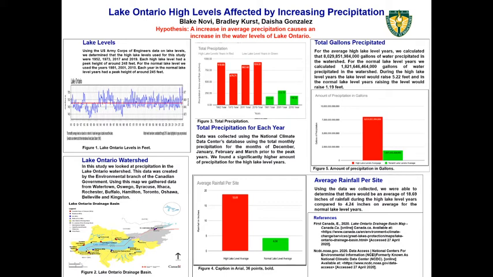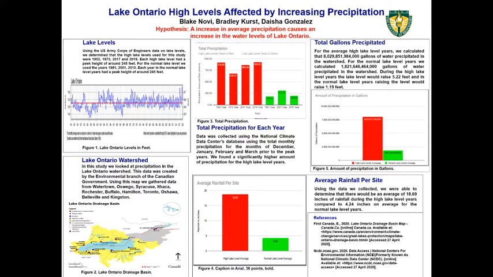So we wanted to compare this to a normal lake level, which we would determine by where the lake peaked at just about pre-flood stage. So right before it started to become a flood. And we determined this was around 245 feet. And we found 3 years that peaked around 245 feet. These years were 1981, 2001, and 2010.